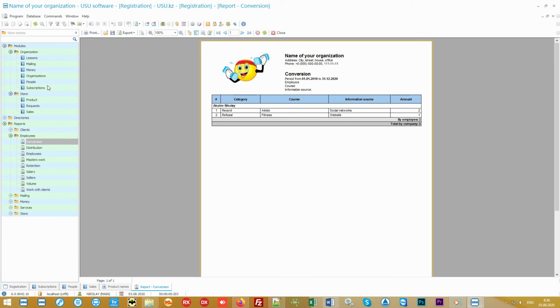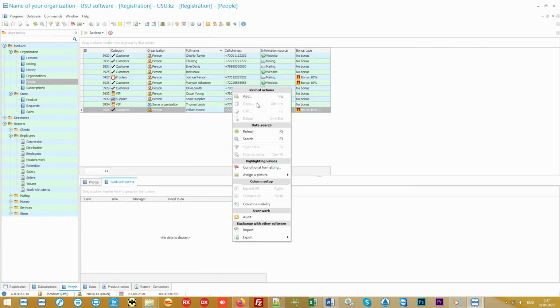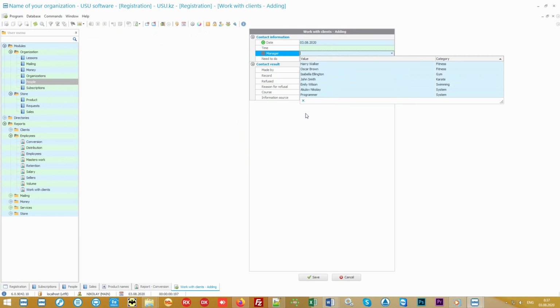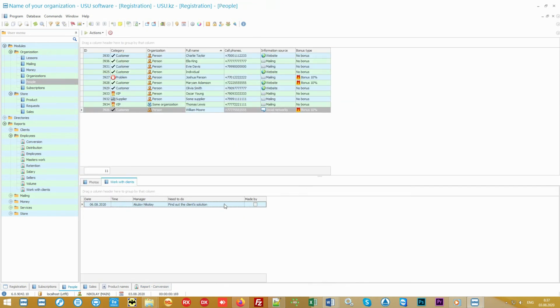If a potential client is not ready to immediately give an answer whether they will use your services, managers will be able to add tasks for calling for the future period. Your employees will have the opportunity to make a work plan for themselves. Tasks can be added not only to yourself, but also to others.